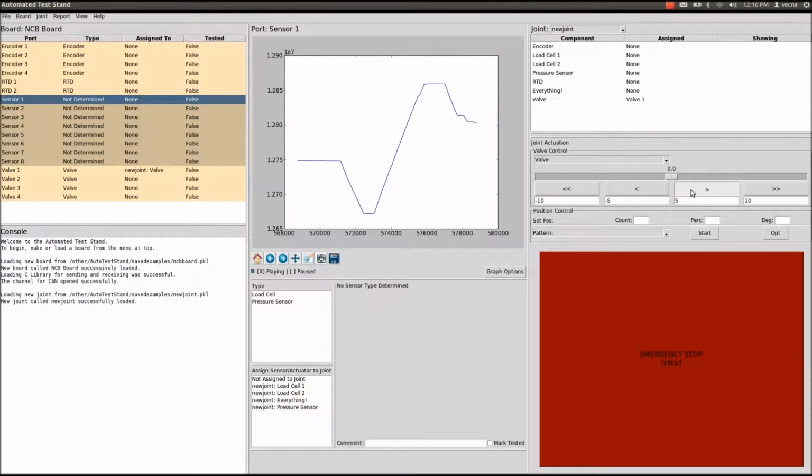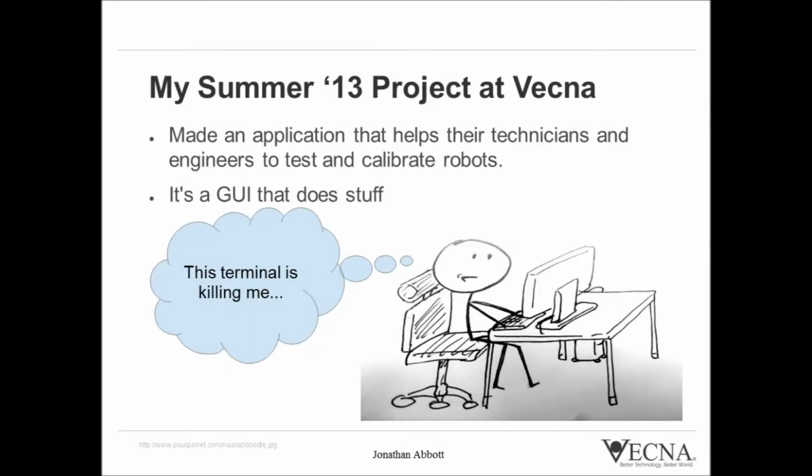This past summer at Vecna, I was tasked with making an application that would help the technicians and engineers in the hydraulics lab. My job was to make an interface or GUI that would help the technicians interact with the robots. Right now, the interface they're using is a terminal interface, much like a software programmer would have. This is a slow interface for much of the work that they do, and it also requires a steep learning